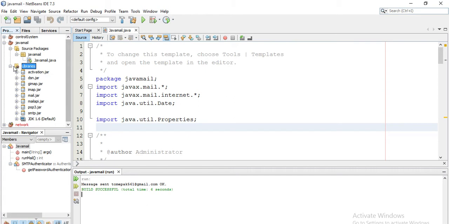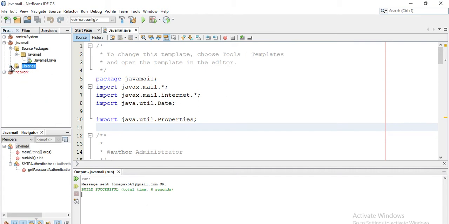After you have included this library, we need to come here in Java and start programming. I have already written the program here, but I will show you one by one, and you just need to start doing it by watching my video. So you can see here package JavaMail is already written, or whatever name you have given to the program, it will be here.